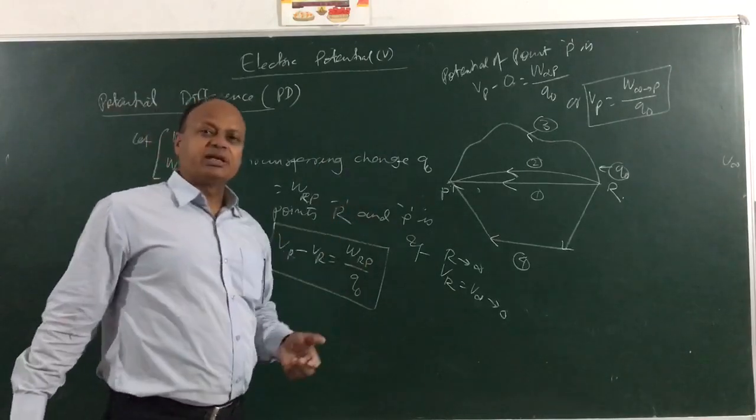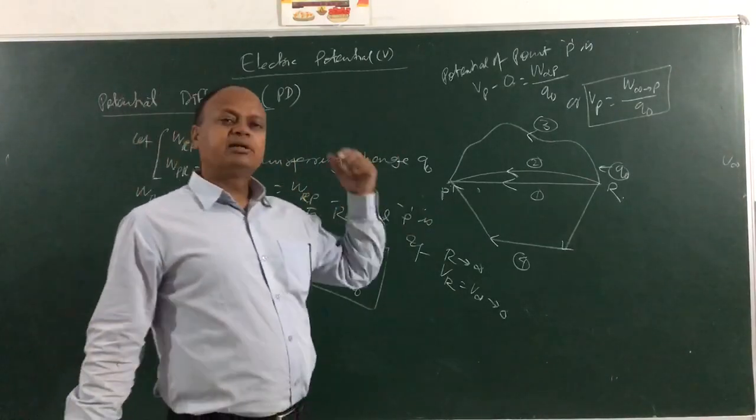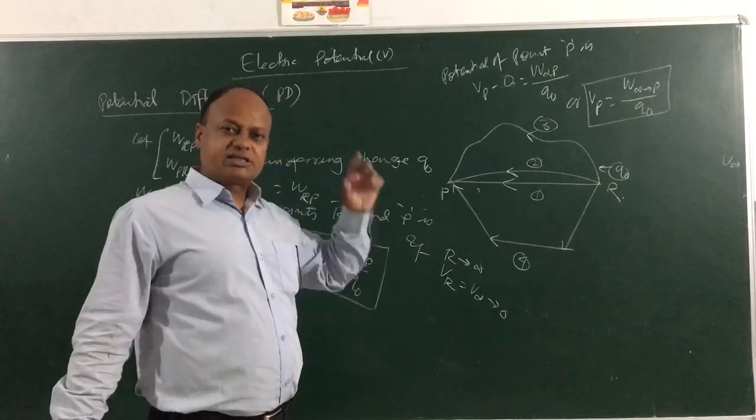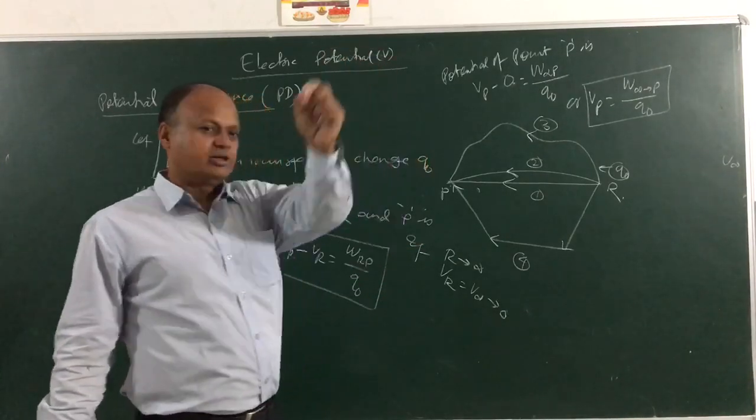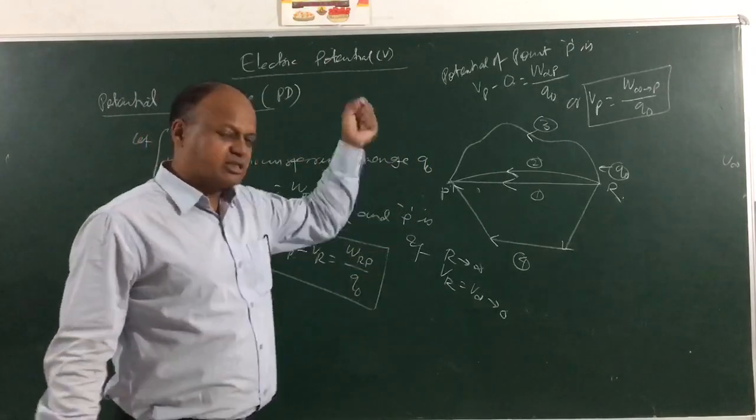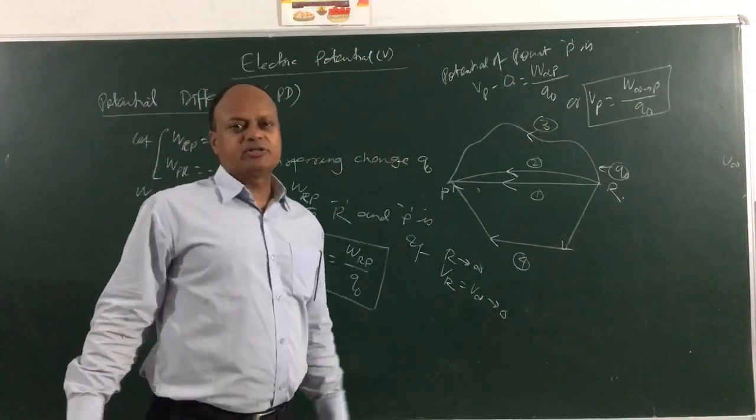So this also shows one thing, that if you have any complete cyclic process, then the work done will be how much in this case? 0. If you start from here, you go here, you take any path, and then come back to the same point, then the work done will be how much? 0.